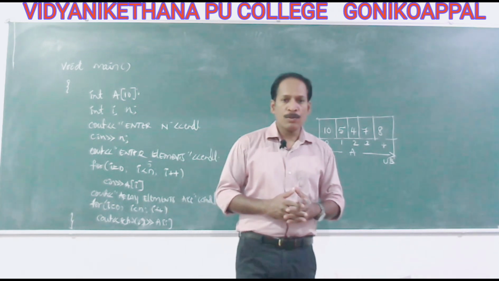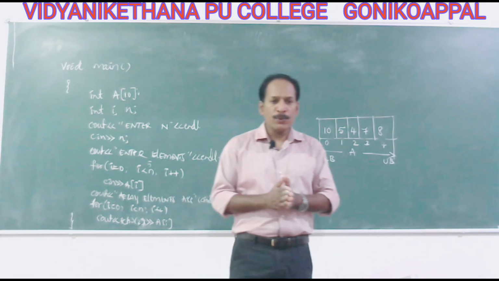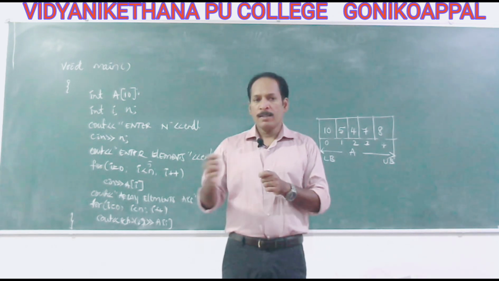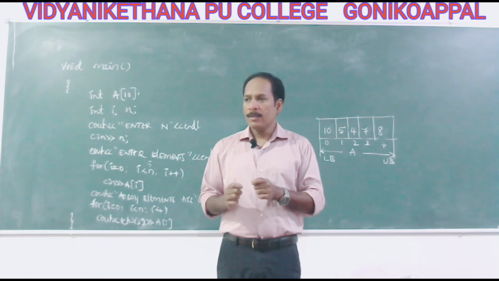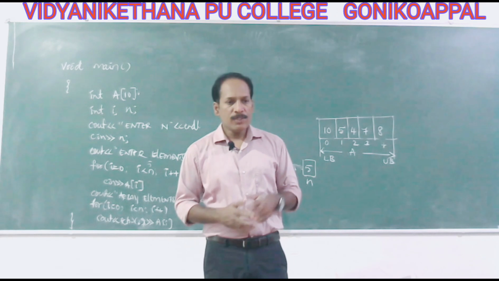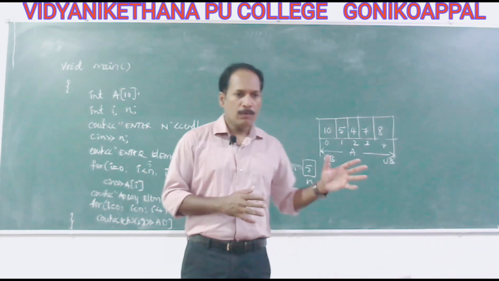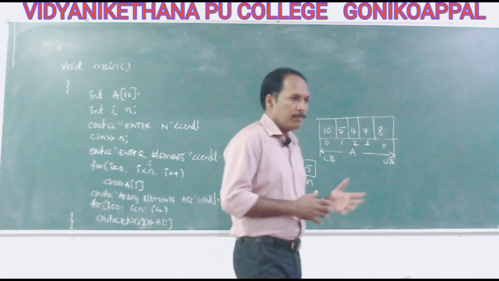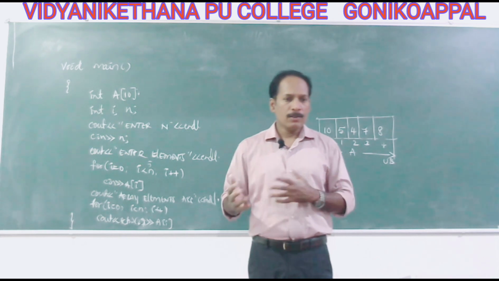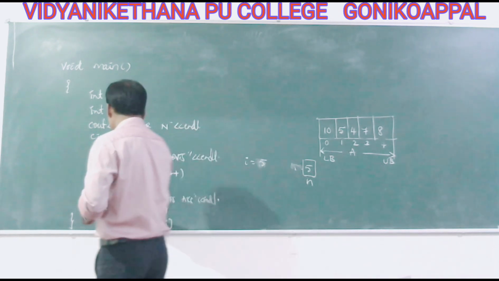It is called linear search because it starts from beginning to end, one after the other. Sometimes it's also known as sequential search because it goes one by one. Compare with the first element, then with the second element, then with the third element and so on. Because it goes one by one, it's also known as sequential search or linear search. Let us learn about the linear search algorithm, and we will write a program. And one more, we have binary search, and we will learn binary search as well.